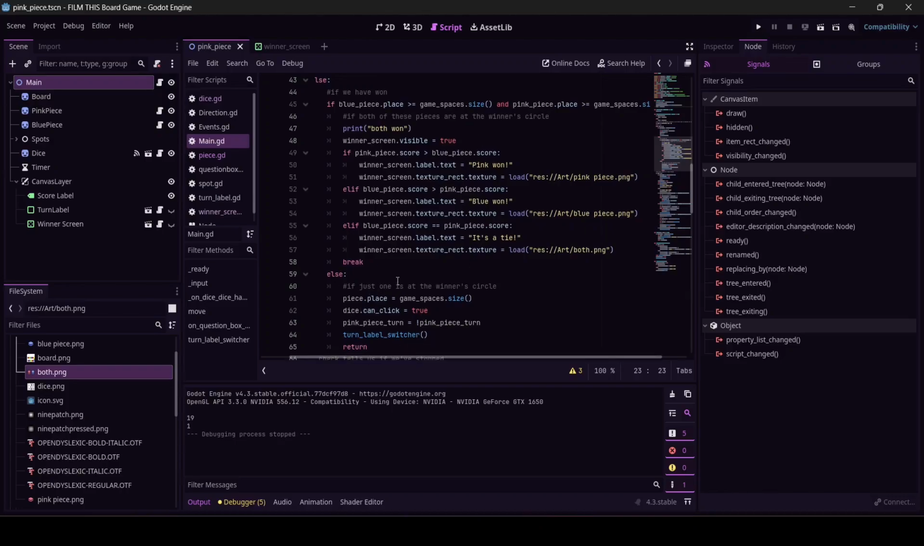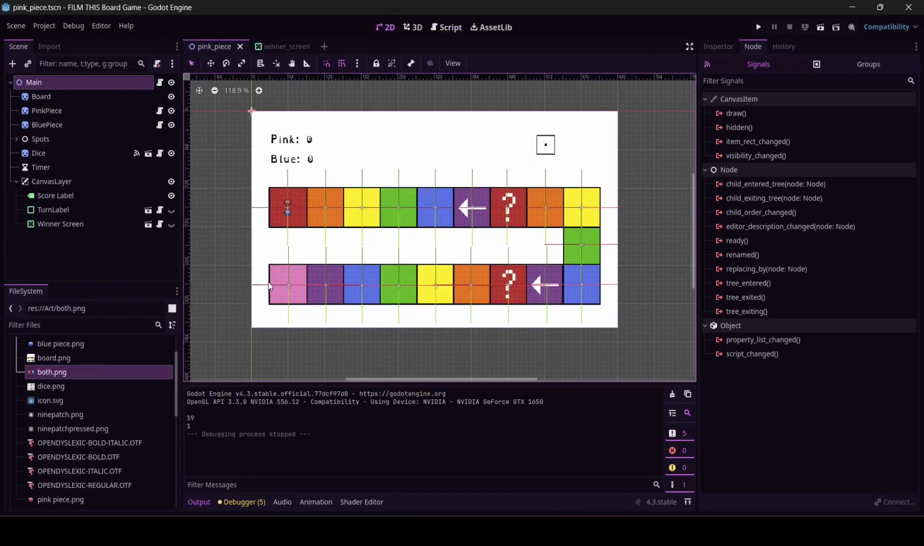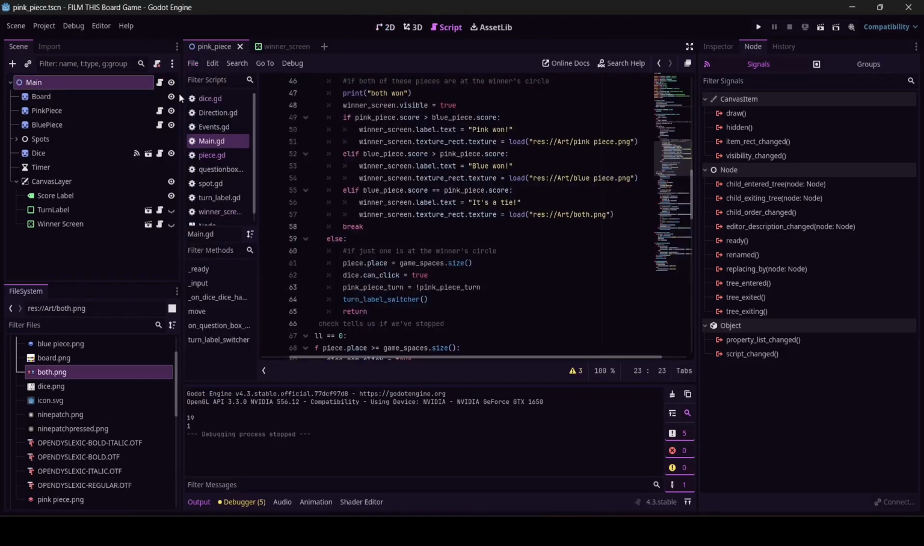Else, what are we doing? So this else right now also works if no pieces are at the winner's circle. I keep calling this what I mean when I say the winner's circle. It's not a circle though, but it makes sense to call. I need to quit. See this else? I'm going to be more specific. I'm going to change it to elif